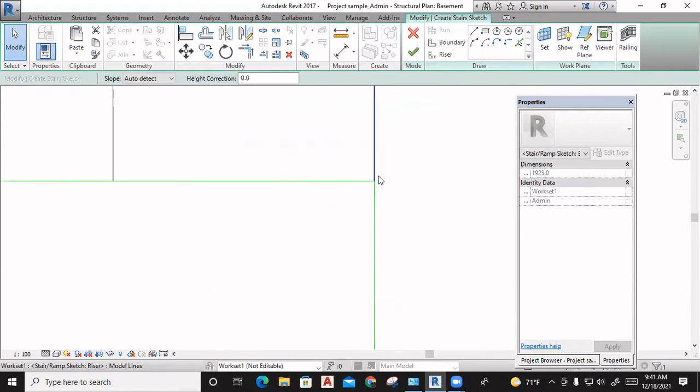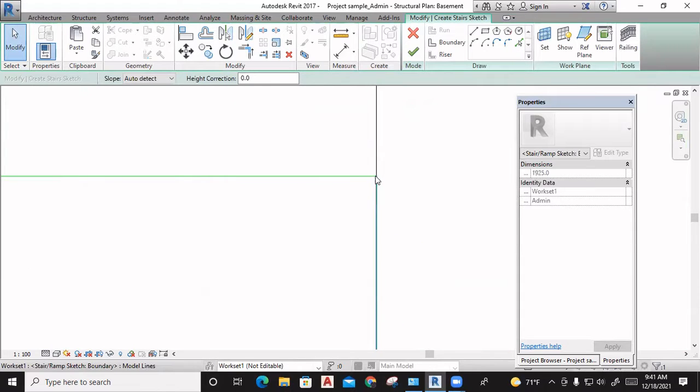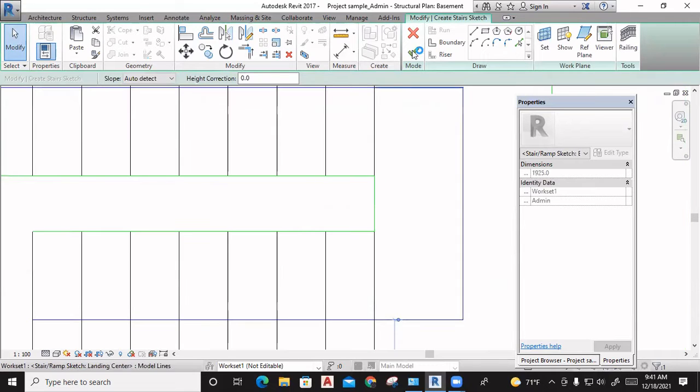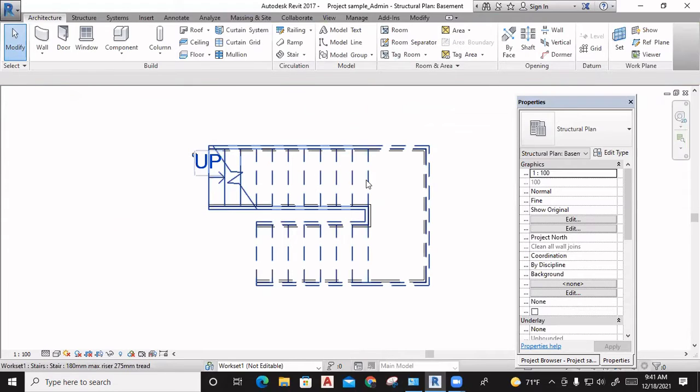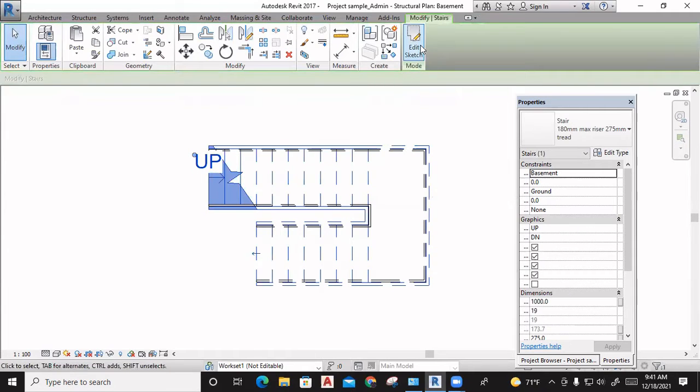Here we don't have anything like a separate turning. Okay, if you say okay, we are getting a staircase. But still,